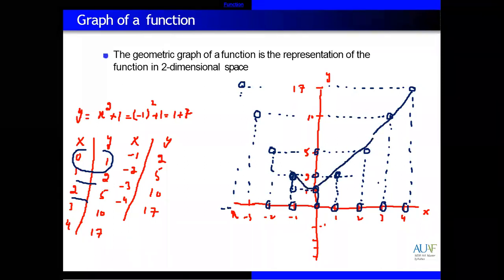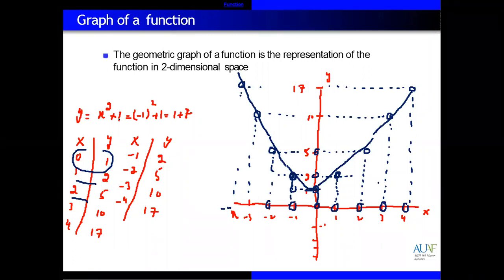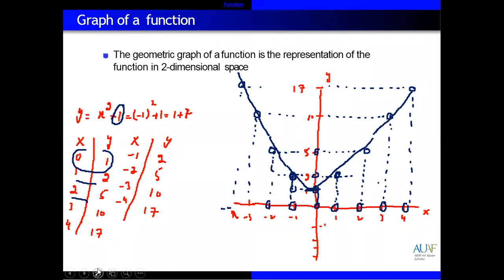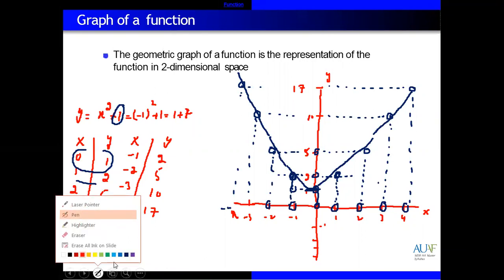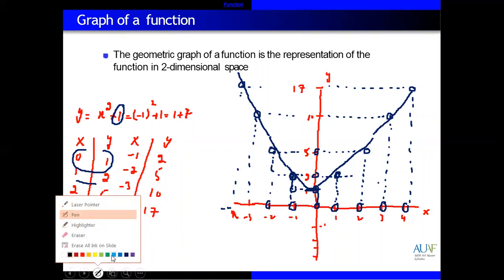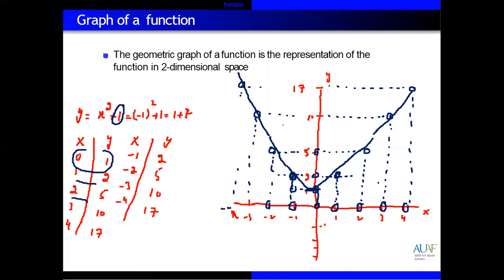And you can see in this graph that graph starts from 1 here. You can see this point is 1. Why? Because we have 1 here, x square plus 1. If we have x square plus 2 here, then graph will start from 2, like graph will start from here, from 2, like this one.